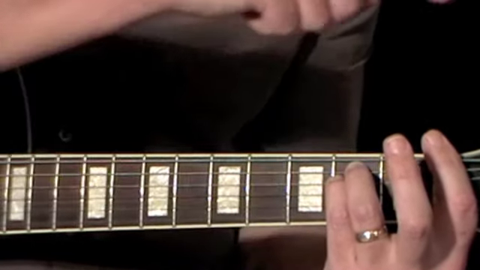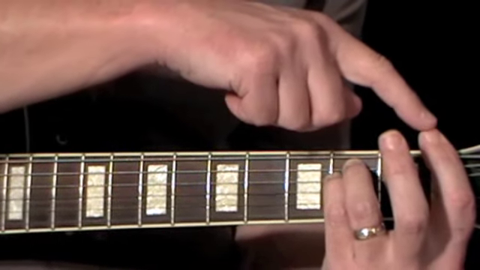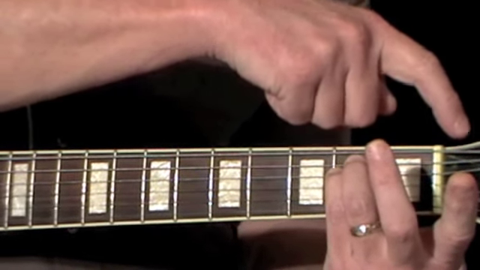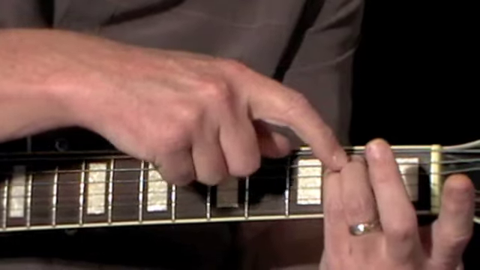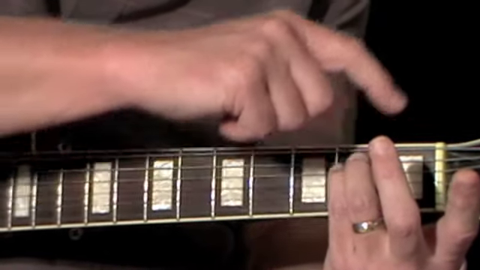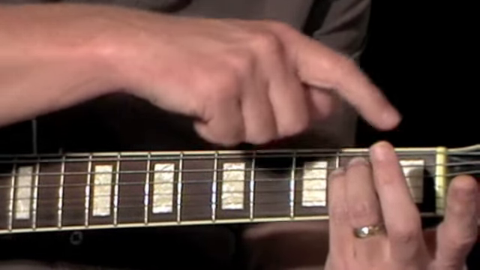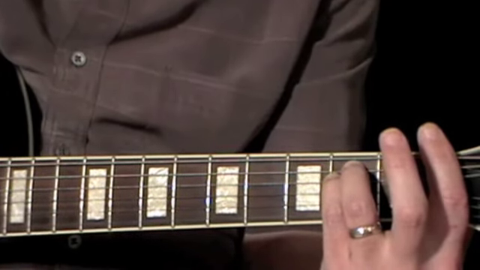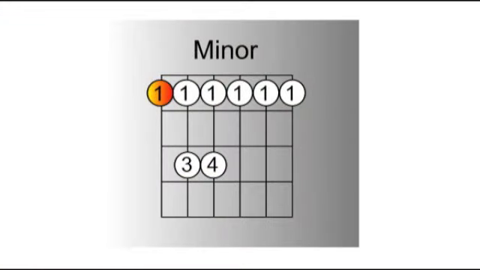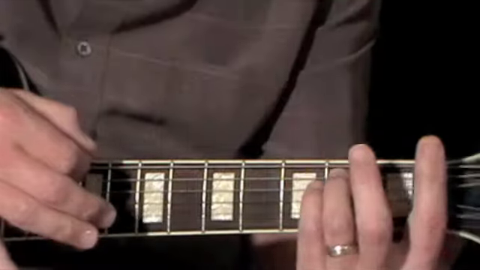So I look on the E string for my root note. At the moment my E string is open, so it's an E. So that's an E minor. The type of shape is minor, so that tells me it's a minor chord. The root note is on the E string, because that's an E minor shape. Moving that up a fret,